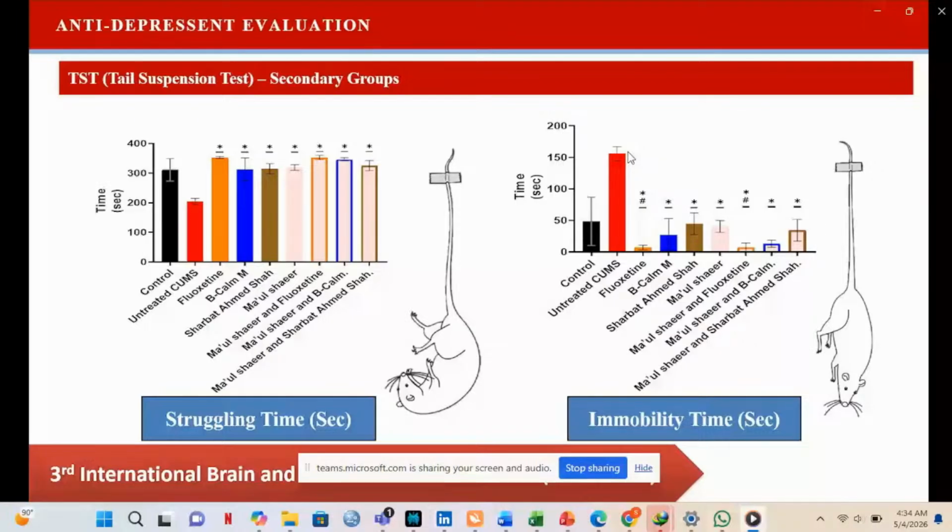So this study concluded that the combination of barley water and BCAM, and the combination of barley water and fluoxetine, demonstrated significantly enhanced antidepressant activity in comparison to the alone administration of BCAM as well as the alone administration of barley water. So this validates the traditional Unani concept of Ghazai Dawai and Dawai Ghazai. So we can say that we can administer barley water, which is a Ghazai Dawai, or you can say medicinal diet, with any drug, which is fluoxetine or BCAM or any other drug, and it will work